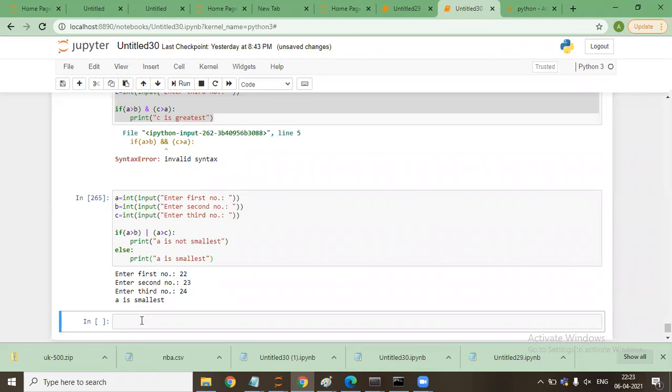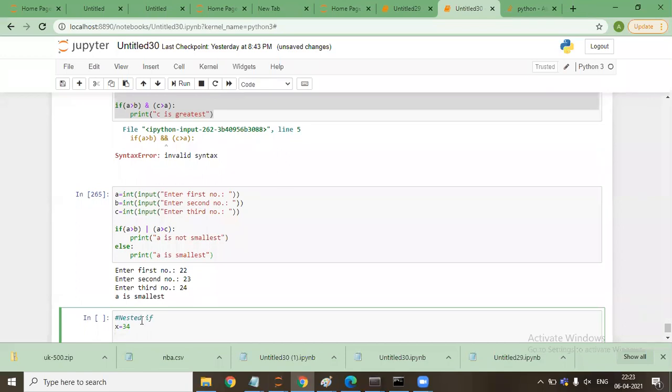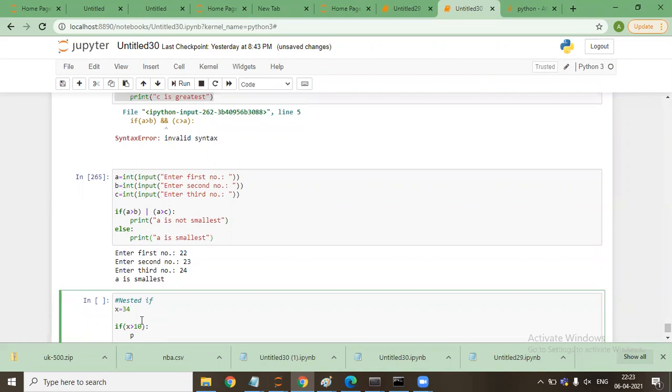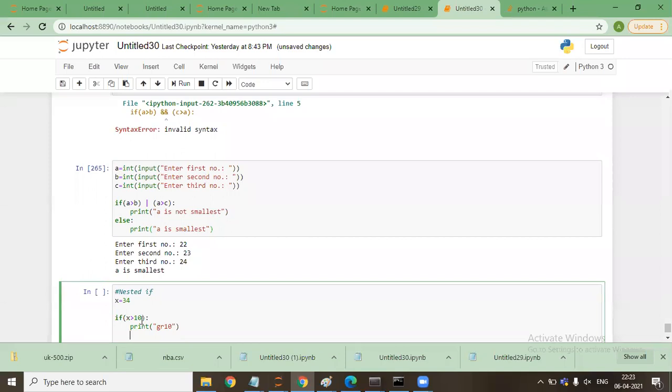Another is nested if. I'll say x is equal to 34. I'll say if x greater than 10, print gr10, for example print greater than 10.